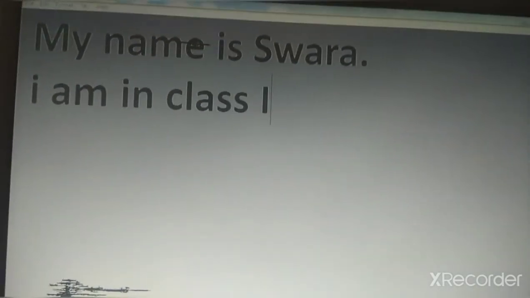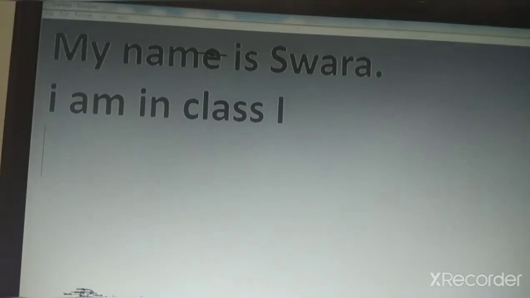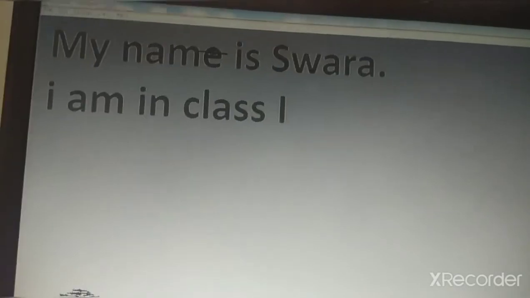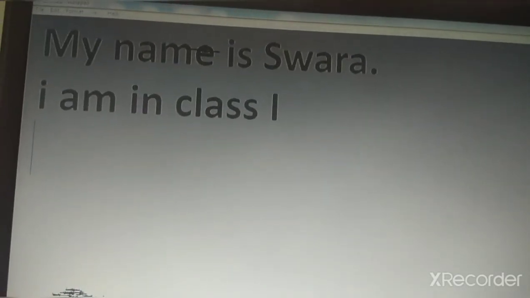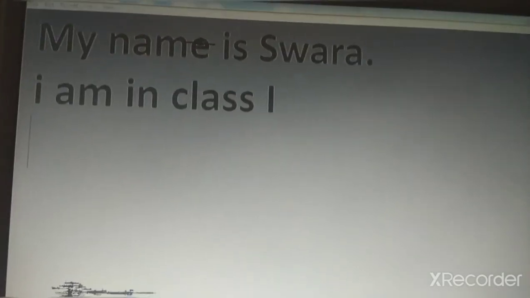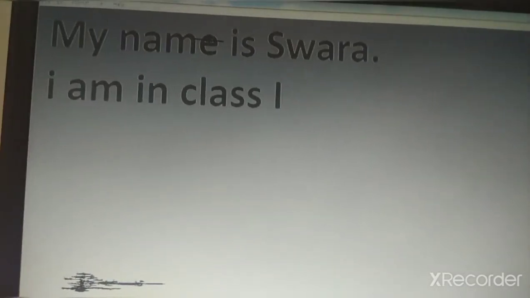Fine. See. Now again, when you want to go to next line, again press enter key. See, press enter key. Now your cursor will go again to the next line and you can type a next sentence. Okay, children. So first you type a sentence, then when you want to go to next line, you press enter key. Understood, children? Okay. Now we will see arrow keys.